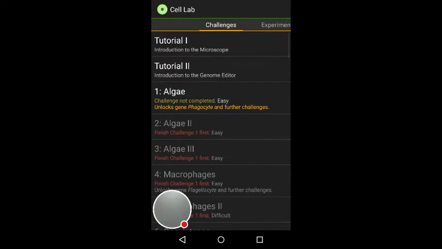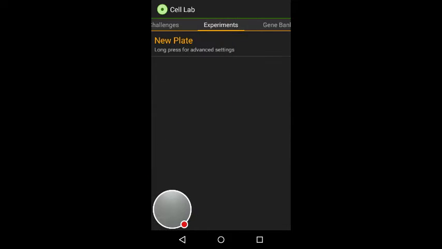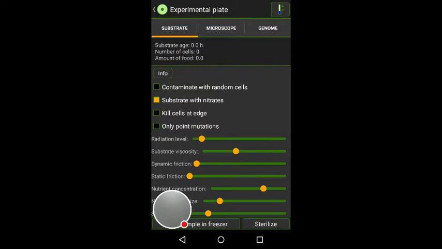So today we are playing Cell Lab. First I'm going to do experiments. And if you don't know about this game, in this game we just make a cell and we loot